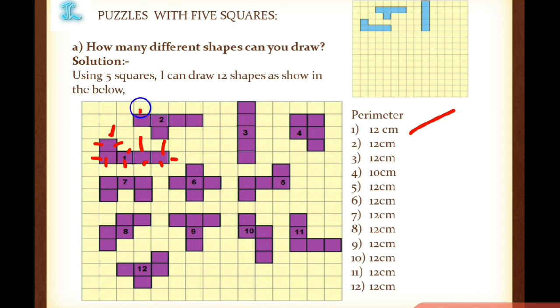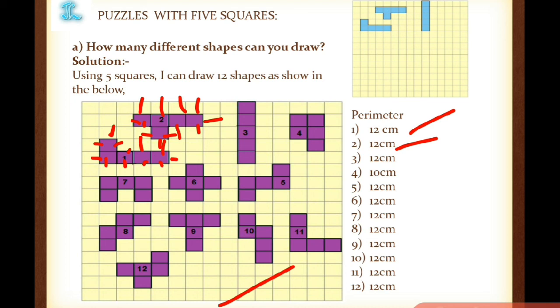Now second one, 1, 2, 3, 4, 5, 6, 7, 8, 9, 10, 11, 12. Don't leave any side, okay? 12. Like this, we will find the perimeter of all the shapes, how many you will get. I got 12 shapes, ma. You do in any way, you will get 12 shapes in the given chart, okay?